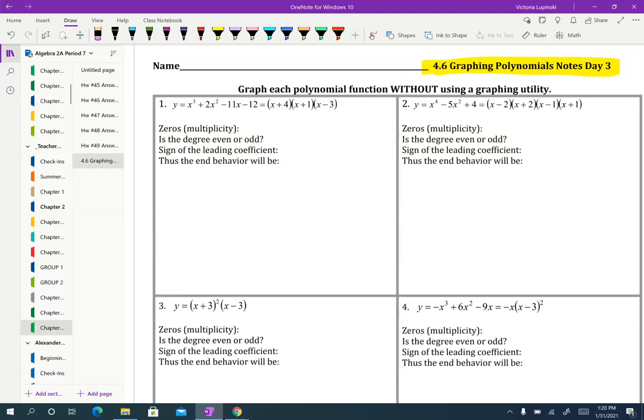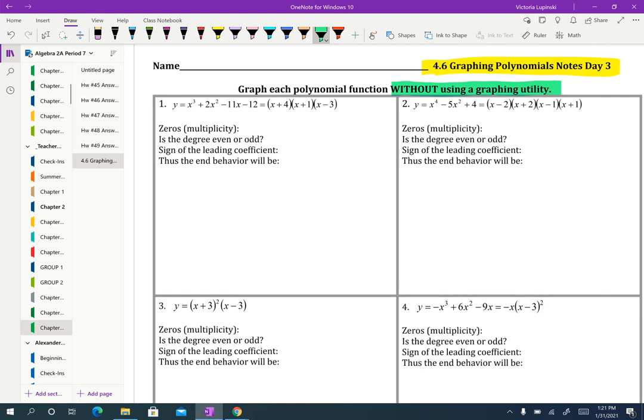All right, welcome everybody. Today we're going to talk about the third day of graphing polynomials. And after the previous two lessons, you now have all the skills you need to go ahead and graph from scratch. We're going to strongly suggest that you try to do all these problems without the use of a graphing